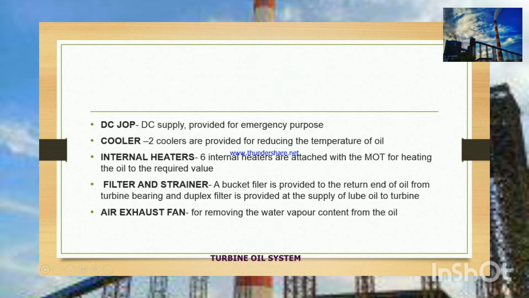Then the temperature of the oil should be between two limits. If the temperature of the oil is very high, it will cause us overheating in bearing lines and it will cause us increase in vibration. Then for reducing the temperature of oil, we use coolers. There are two coolers used in main oil tank system, in which the temperature of the oil is reduced by means of water. The oil and water are flowed through tubes. During their flow, heat transfer takes place and the temperature of the oil gets reduced.